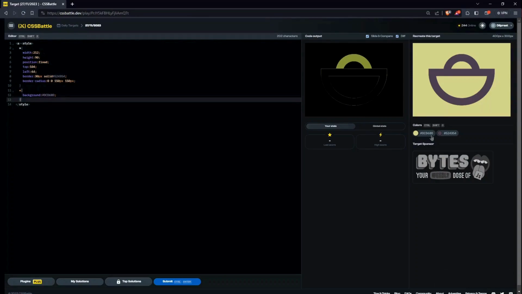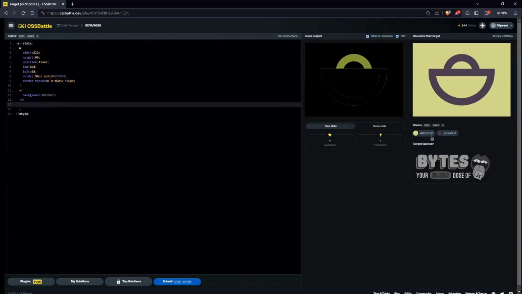Now I'll work on that smaller semicircle using this, the plus star one, because it seems to be a smaller method than using divs, at least to me. I don't know why. So the width will be, now